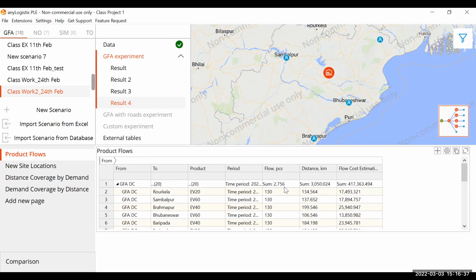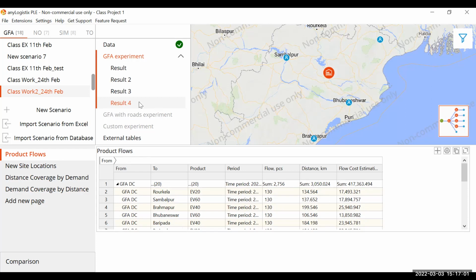So there are around 2,756 pieces being ordered overall in that 3 months. 2,756 vehicles. Total flow cost is 4,17,363, right? Because we have not added any cost as such, right? So for you also, whatever result you have got for that exercise I have given,